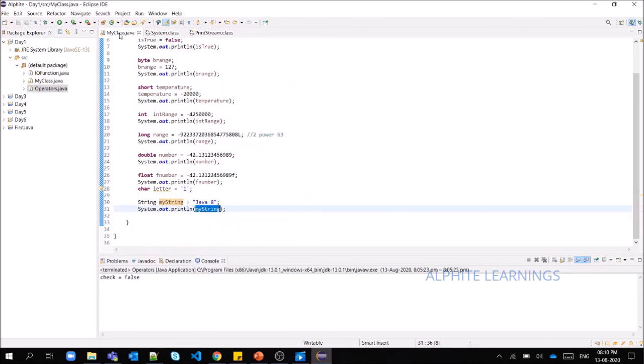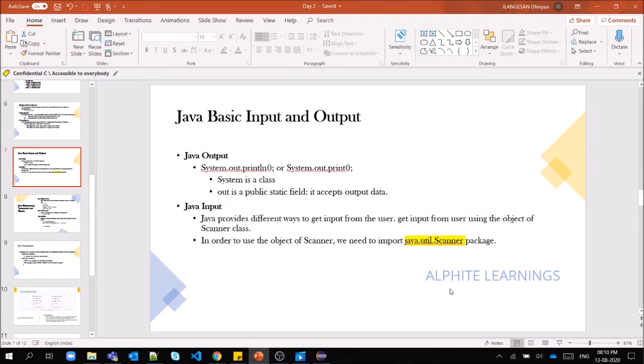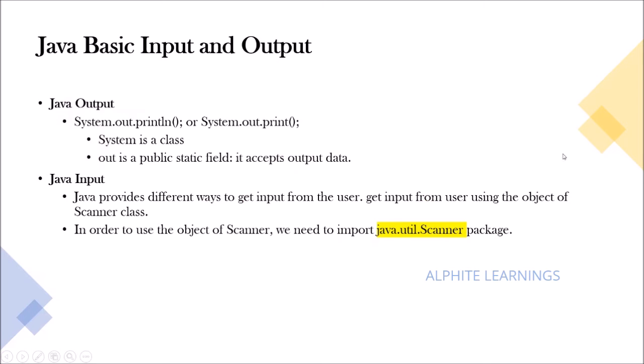We will see all these methods and other things later. I'm just giving you an introduction to what is what, so you should know how we are getting input and output.